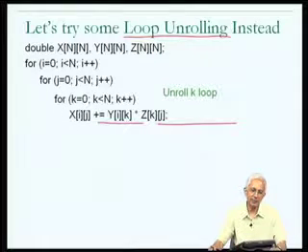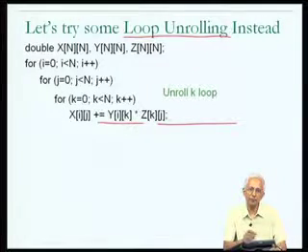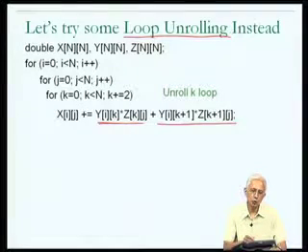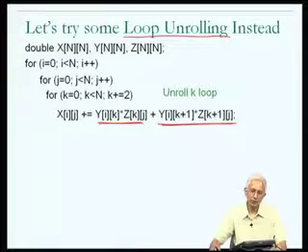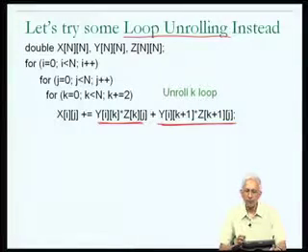So let me just go back. Before doing the loop unrolling, I did one multiplication and addition each time through the loop. When I unroll the loop, I do two multiplications each time through the loop, and therefore I'm reducing the number of times that the k loop has to be executed. Okay, now the question which we need to ask at this point is, how does this impact the locality properties